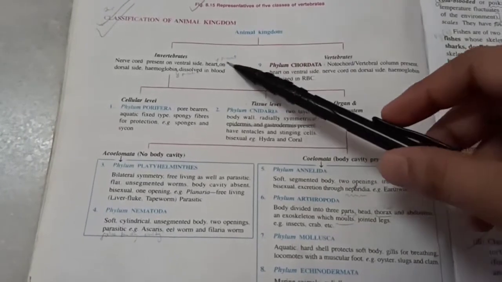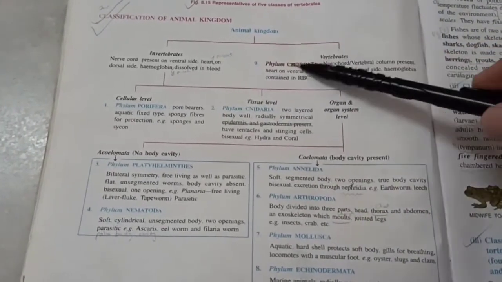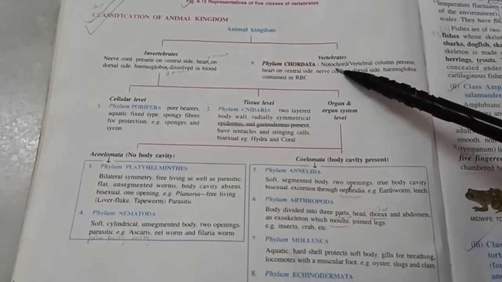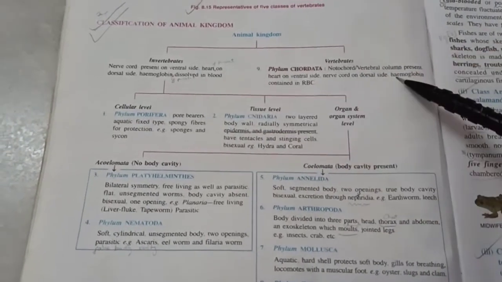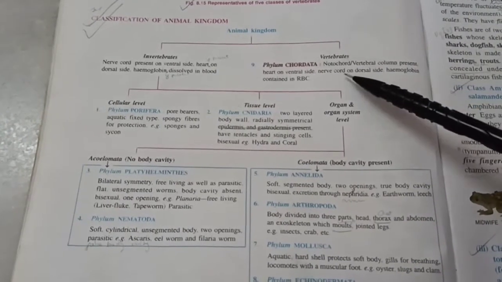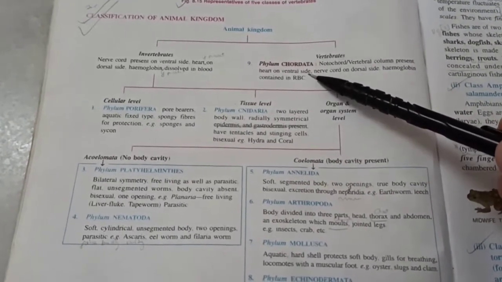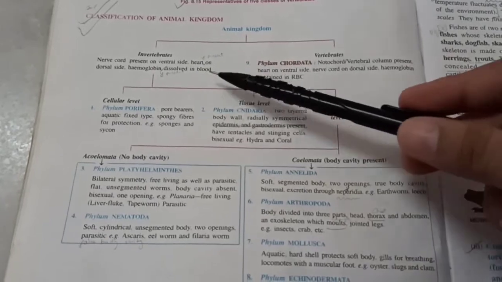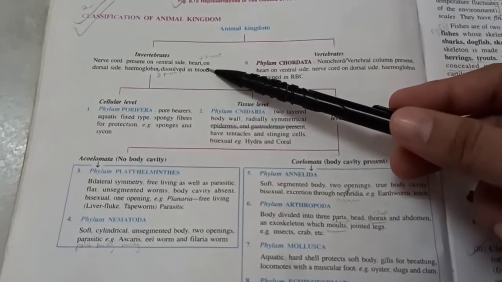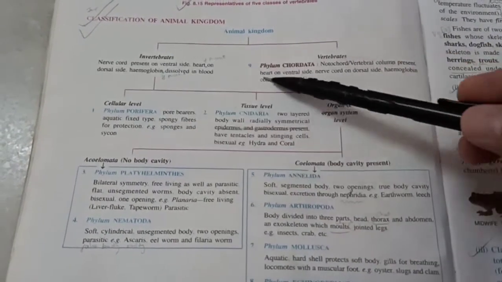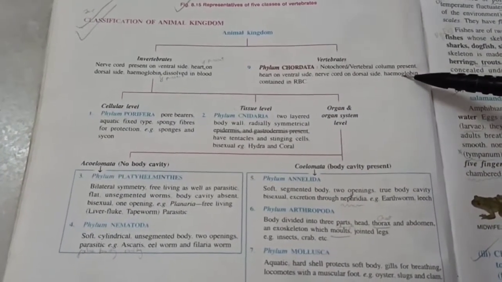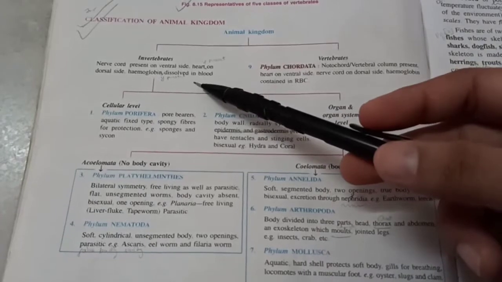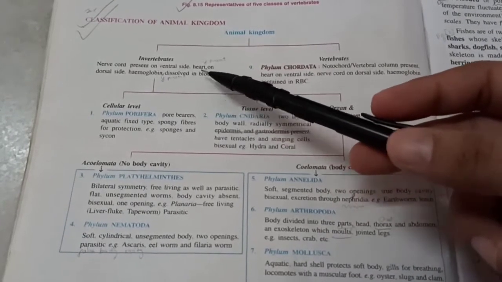So animal kingdom can be invertebrates or vertebrates. We belong to the vertebrates. They have a notochord, which is like an undeveloped vertebral column, whereas all the other animals don't have it. In vertebrates, also called chordata, heart is on the ventral side, that is the front side. And if they have a heart, many of them don't have a heart, but if they have a heart, it will be on the dorsal side, the back side. In chordata, hemoglobin is contained in the RBCs, whereas they don't. They have the hemoglobin dissolved in the blood itself. They don't have RBCs.